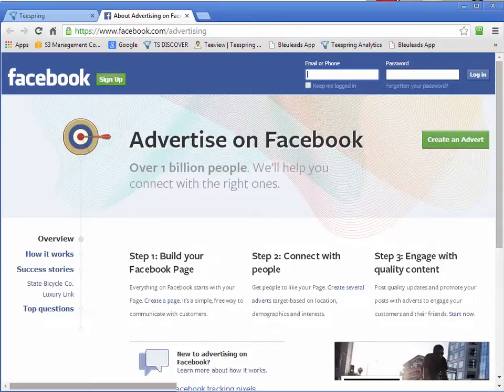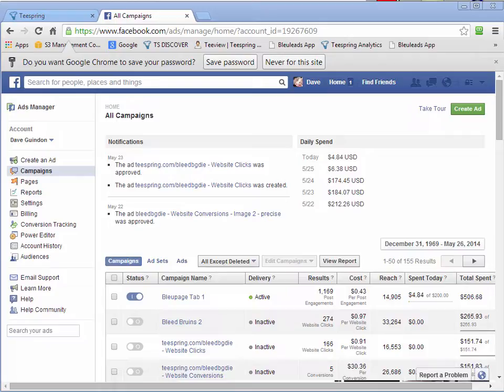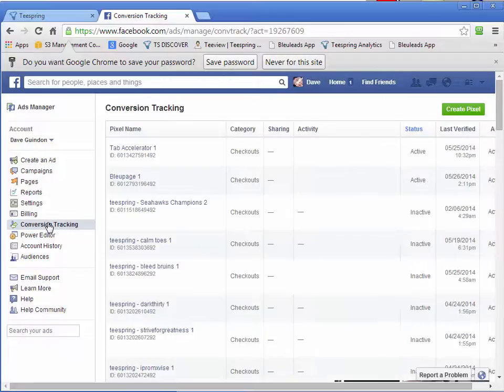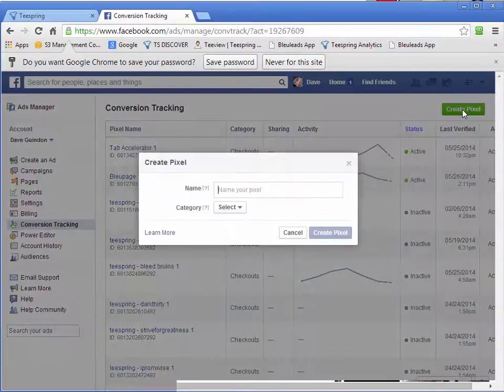And it looks like I got to log in here. All right, and on the left-hand side, you'll see conversion tracking. Just click on that. And then click on Create Pixel. I always name my pixels Teespring, and then space dash, and then I just type in something to do with the name, like drop gear